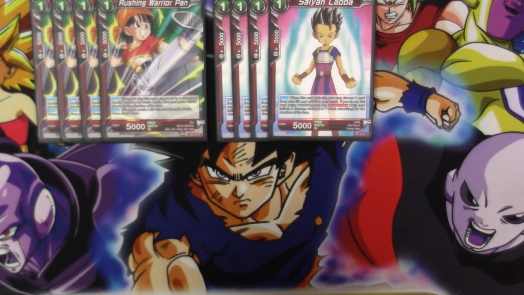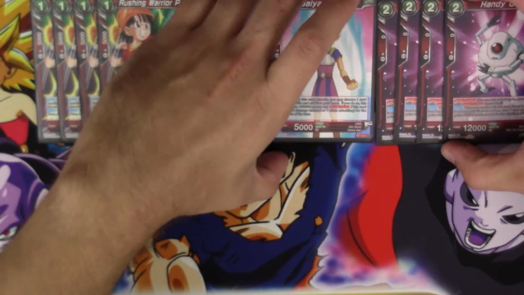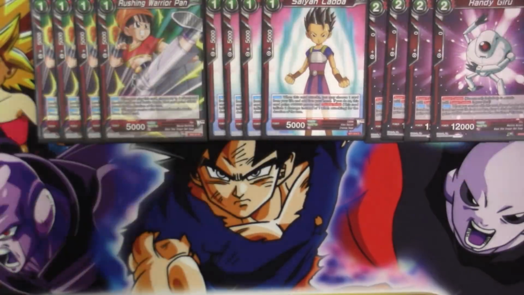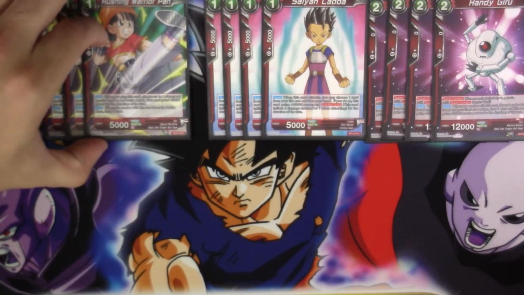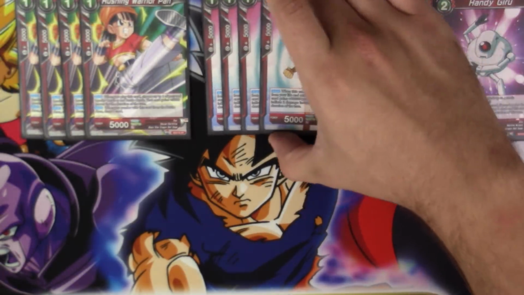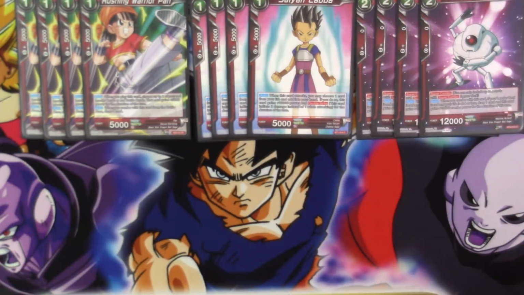And for our super combo card, I'm playing the Handy Giru. Now, it really doesn't matter which one you played this over to Vados because it does the exact same thing. But for this one, I would slightly prefer Giru over Vados, and I'll show you guys why in a little bit. But once we get the Tournament of Power set, this is definitely coming out for the Universe 6 combo card,